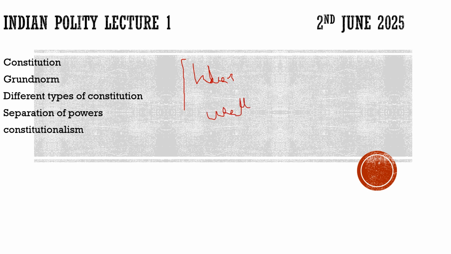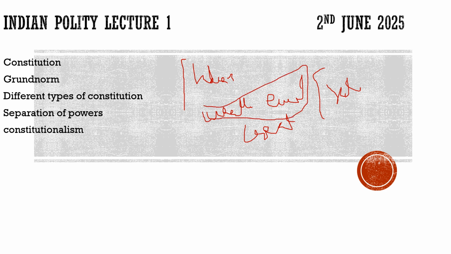Whether you believe in evolution or you believe in creation, there is always one thing which has stayed there. What is that? There was always some rule. Let's keep the evolution part aside for a certain period. For a certain period, we will not discuss the evolution side, but we will discuss the creation side.